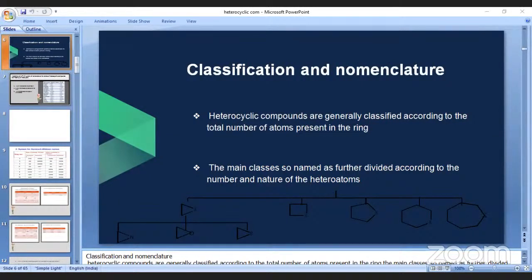So here, based on the number of atoms present in the cyclic system, 3-membered and 4-membered, 5-membered system, 6-membered, and 7-membered. So this is based on heteroatom. Suppose here nitrogen is there, here oxygen is there, sulfur is there. Based on the nature of heteroatom, heterocyclic compounds are further classified into different categories. Okay, so this is about the classification. Next one is